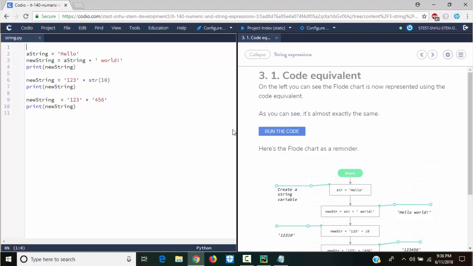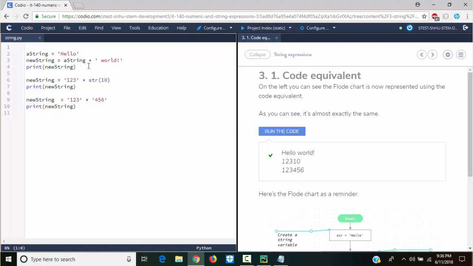Next one, we have this. It says run the code. Later on, you can read this. Now, with this here, as you can see, you can